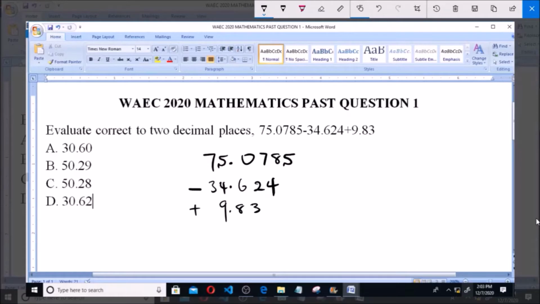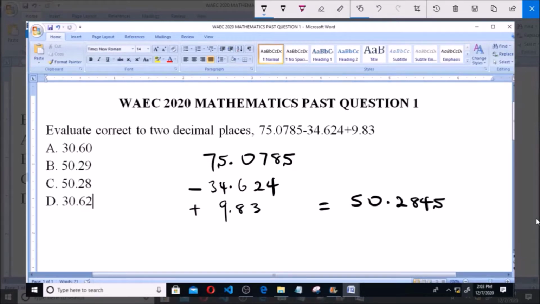So we have to subtract 34.624 from 75.0785 and also add 9.83. Now carrying out this calculation, it will give us 50.2845. Now 50.2845 is not in two decimal places, so to correct to two decimal places, we simply have